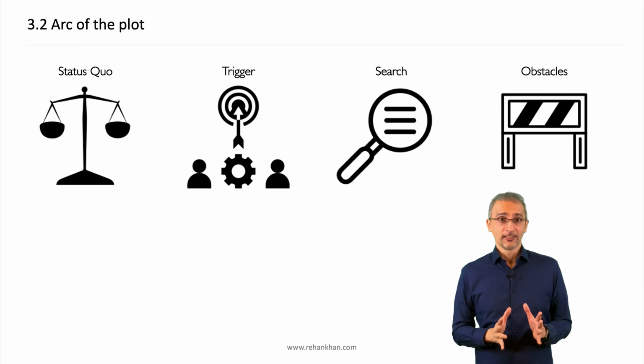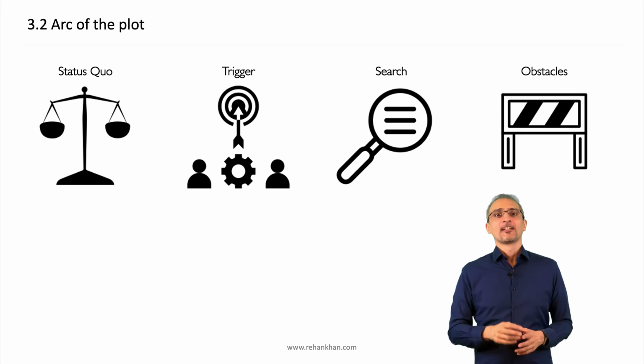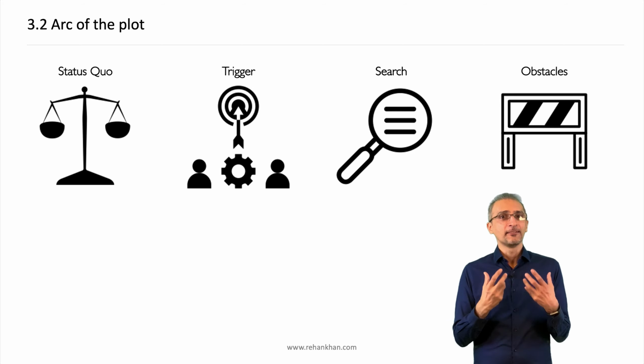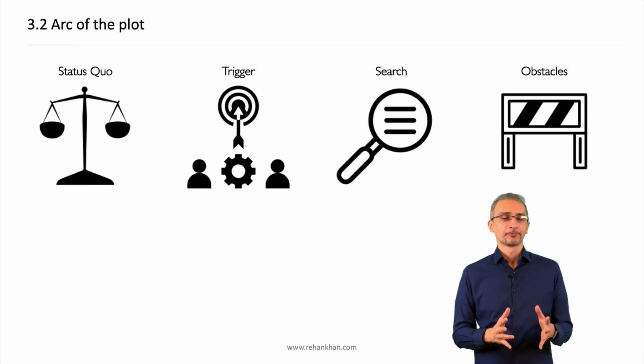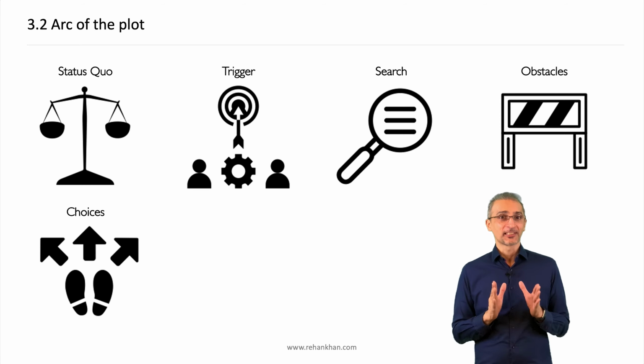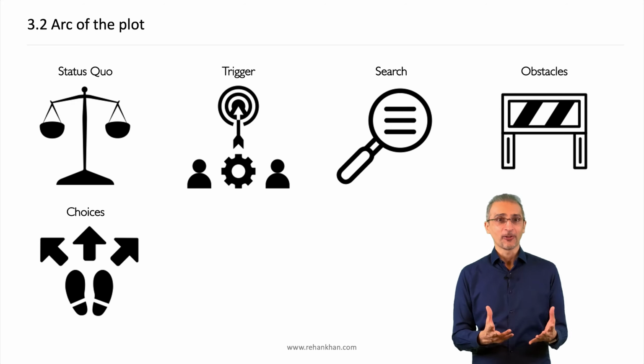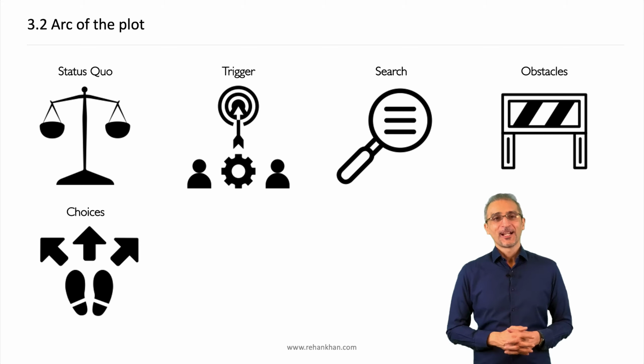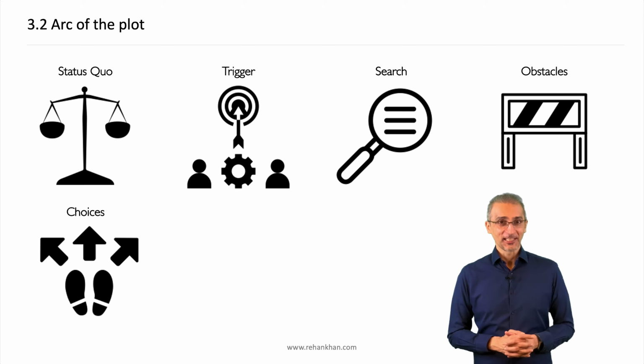Ideally, you want the reader to reach the end of the story and then look back at it and think, yes, I should have spotted that. The author did leave some clues, but I didn't pull them together at the time. Choices. The protagonist will need to make some critical choices as they face each obstacle. What am I going to do now? They ask themselves. As the story develops, the choices they face must get tougher and tougher.